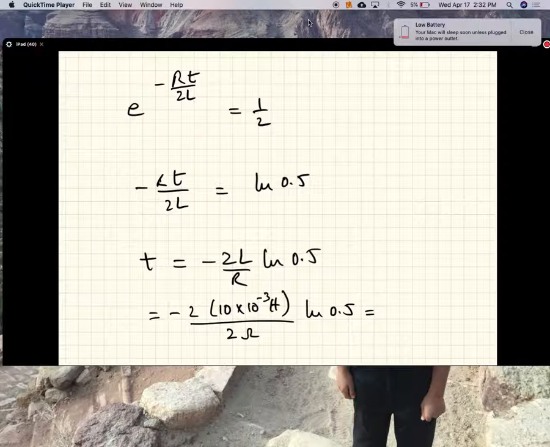With the log of a half being 0.69, that gives 6.9 times 10 to the minus 3 seconds, 6.9 milliseconds. So after 7 milliseconds, the oscillation amplitude has died to half its value. And on that note, we